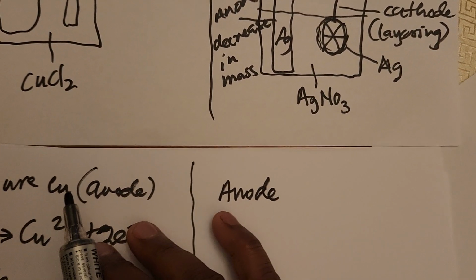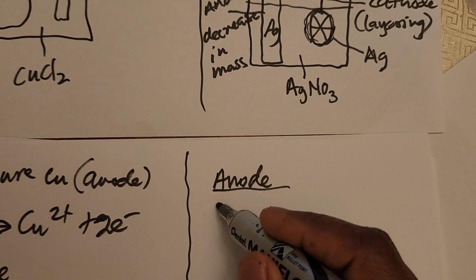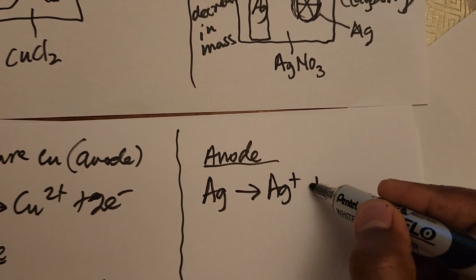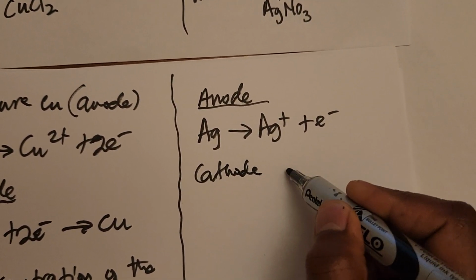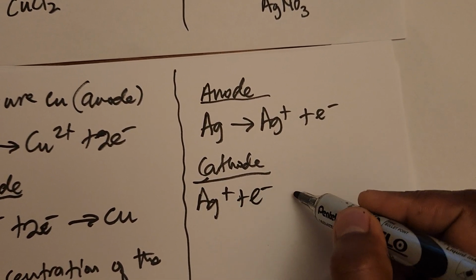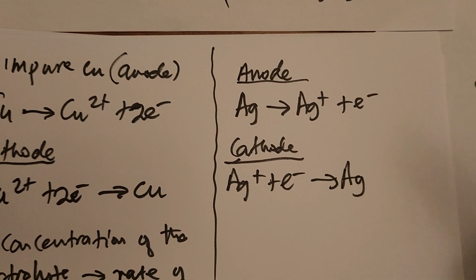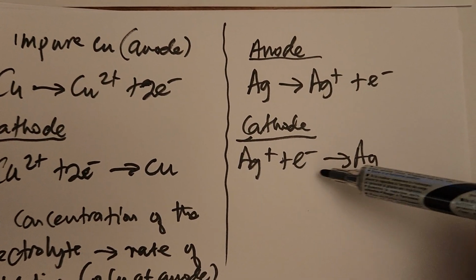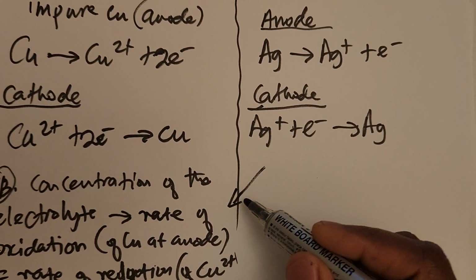At the anode, if we electroplate with silver, silver will be oxidized to form silver ion plus an electron, whereas at the cathode, silver ions will be reduced to form silver. So same information: as much as we lose one electron at the anode, we are gaining that electron at the cathode. Hence, the concentration of the electrolyte, again as in the case of